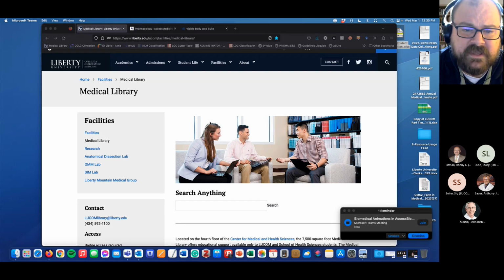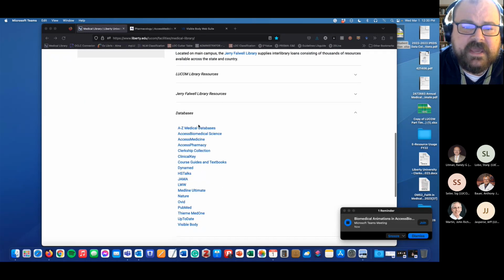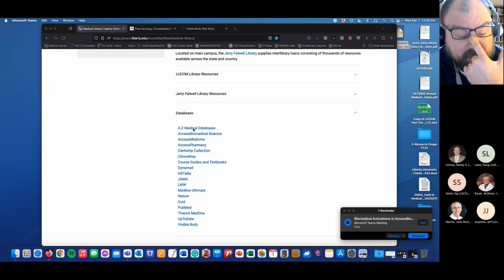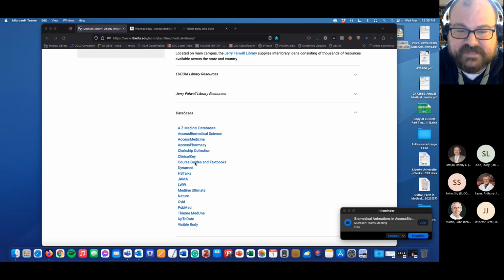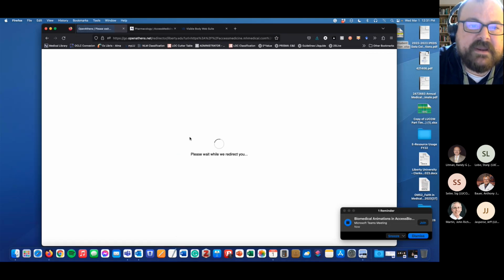Like I always do at the start of these, I want to show where you can find these things. If you go to the LUCOM library page and scroll down to databases, you'll find a link to AccessMedicine right here and the link to Visible Body down here. You can also click on the A to Z medical databases link and you'll find an alphabetical list of all of our databases. That same list is also organized on the course guides and textbooks, what we call LibGuides. So if I go to AccessMedicine,